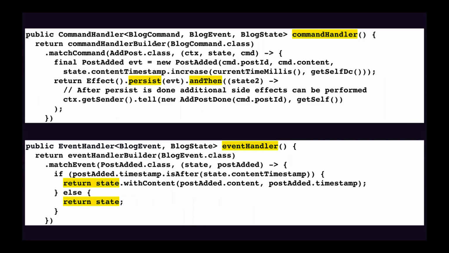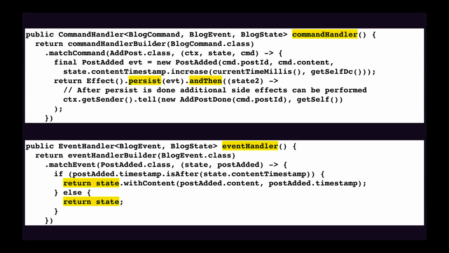You can also see that there's an andThen method, and this is used to do nothing really stateful. It's not used to do a critical operation, because the persist event is a transaction that happens in a database. And right now, multi-data center persistence is built on top of Cassandra. Later on, hopefully they'll be adding more databases. Right now it's Cassandra. But in any case, the event is persisted to a database. That's a transaction. That transaction happens, and then after that transaction is completed, the andThen method is called.